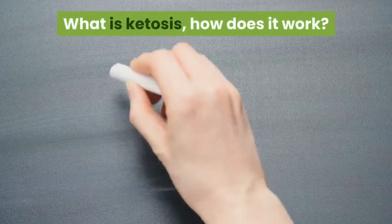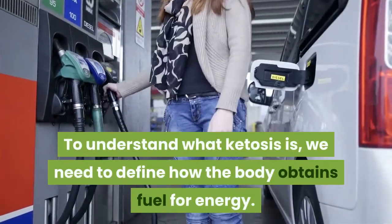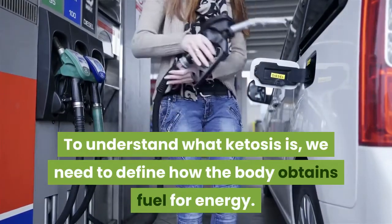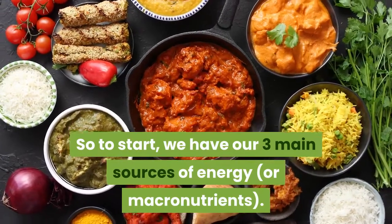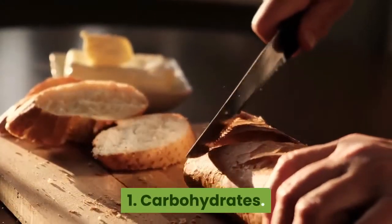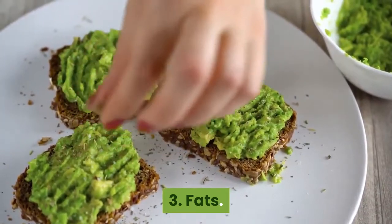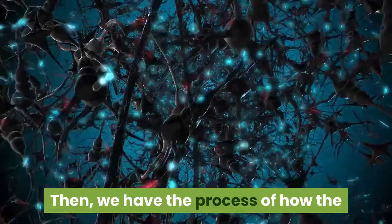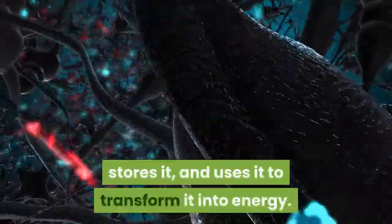What is ketosis? How does it work? To understand what ketosis is, we need to define how the body obtains fuel for energy. So to start, we have our three main sources of energy, or macronutrients: 1. Carbohydrates. 2. Protein. 3. Fats. Then, we have the process of how the body breaks down each macronutrient, stores it, and uses it to